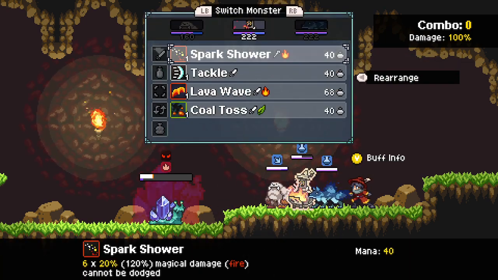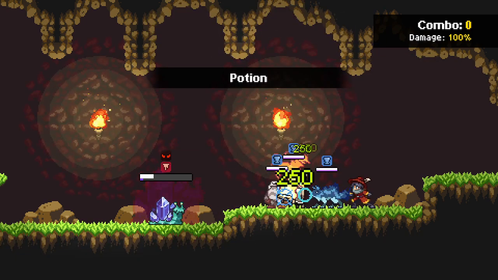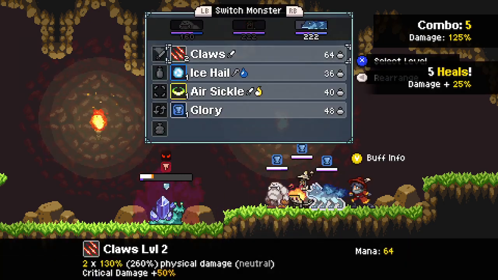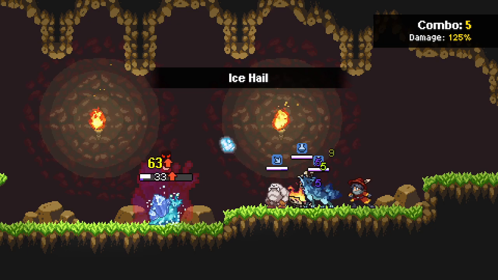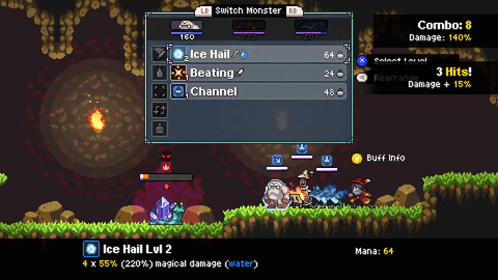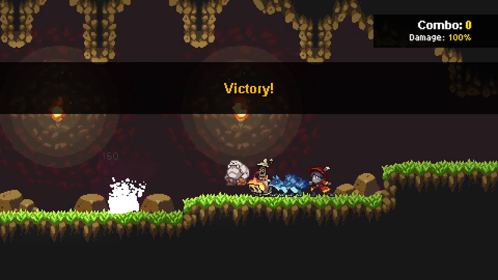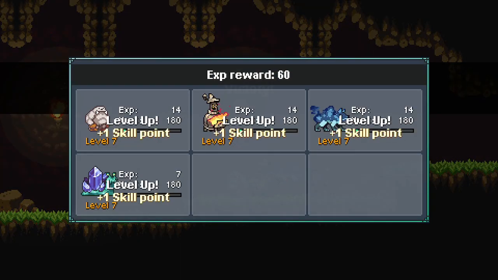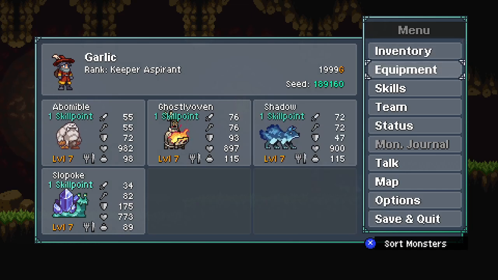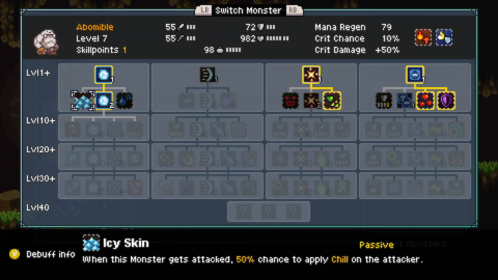Okay, so I think what I'm going to do is use the Polterfin to do a heal real quick here. I'm going to use him to soften him up because he doesn't have as high of an attack with the Ice Hail, and he has a level 2, so he'll probably hit stronger. There we go, got him. Okay, then now we can work on...